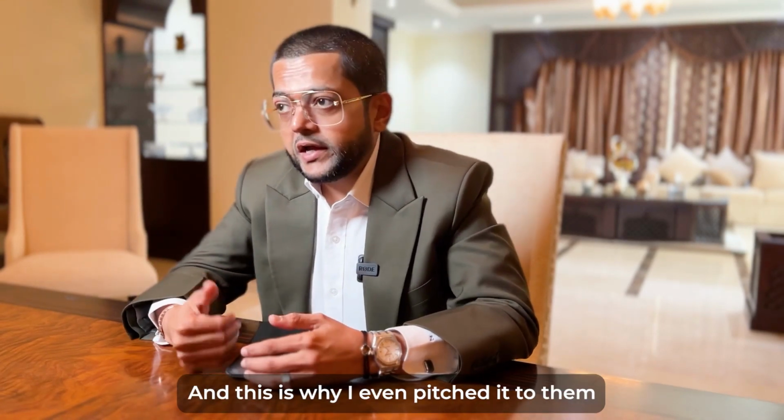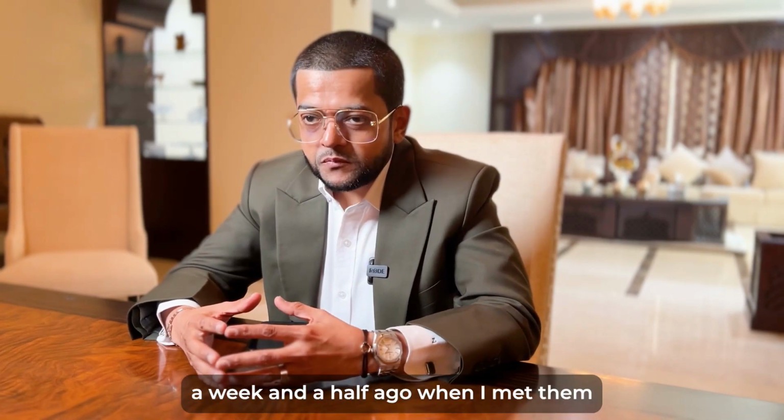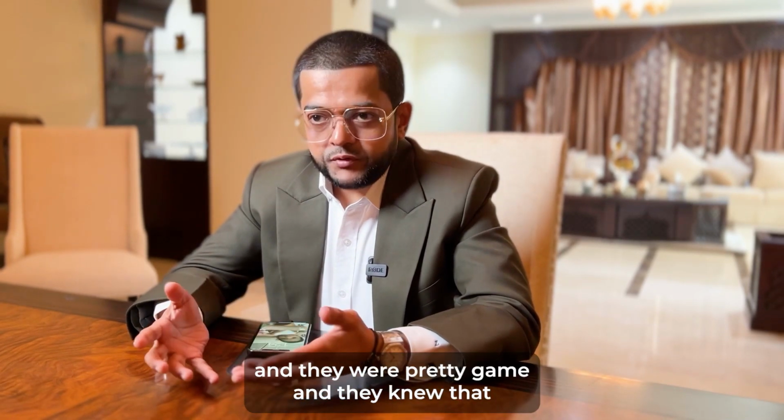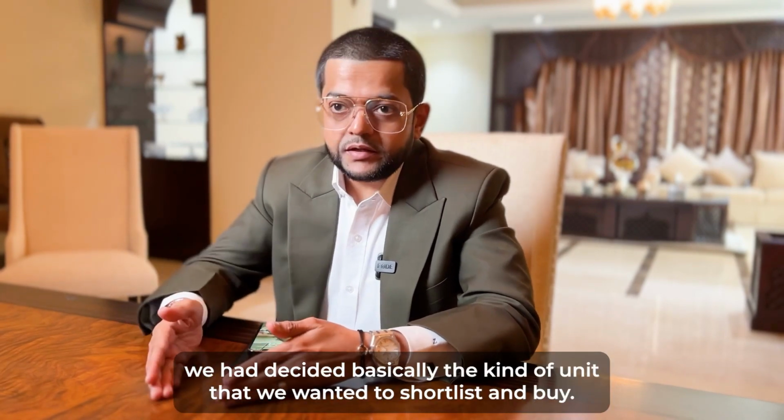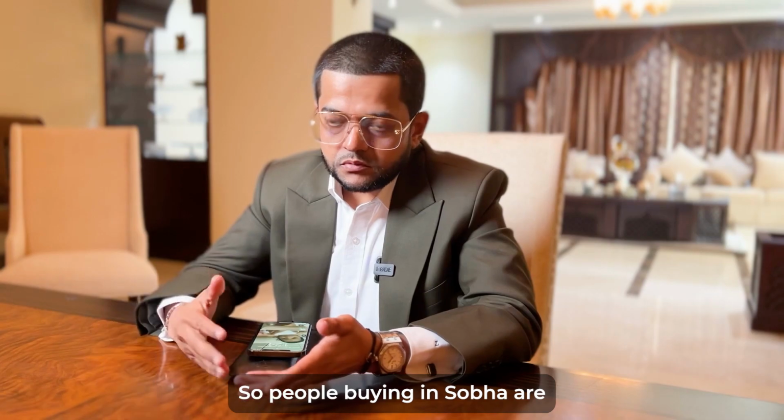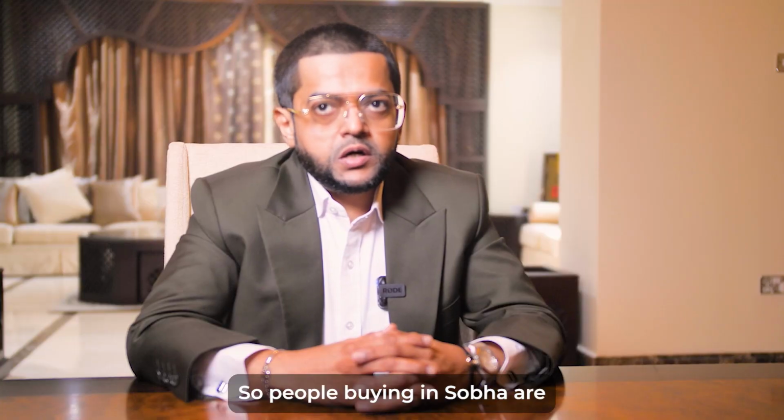And this is why I even pitched it to them a week and a half ago when I met them. They were pretty game, and they knew that we had decided the kind of unit that we wanted to shortlist and buy. So people buying in Sobha are